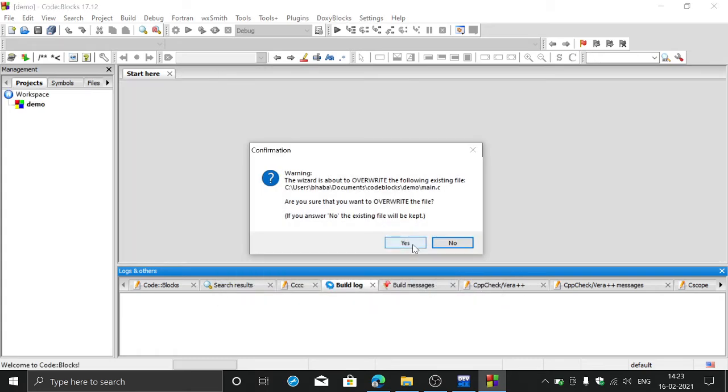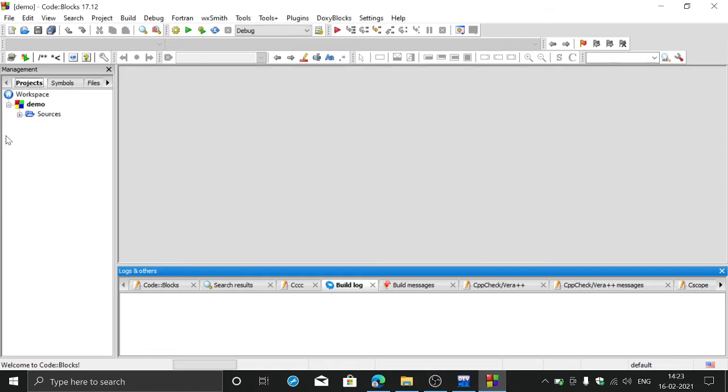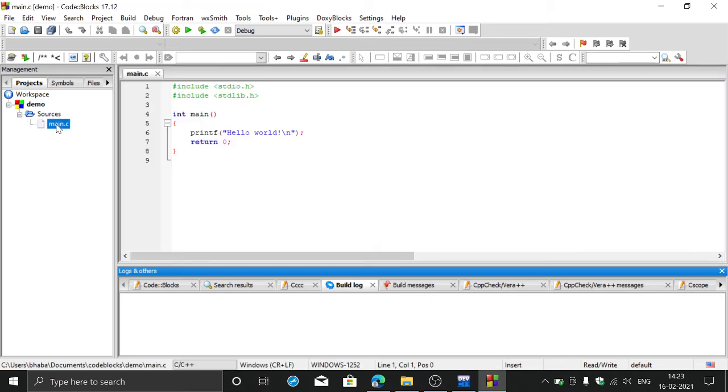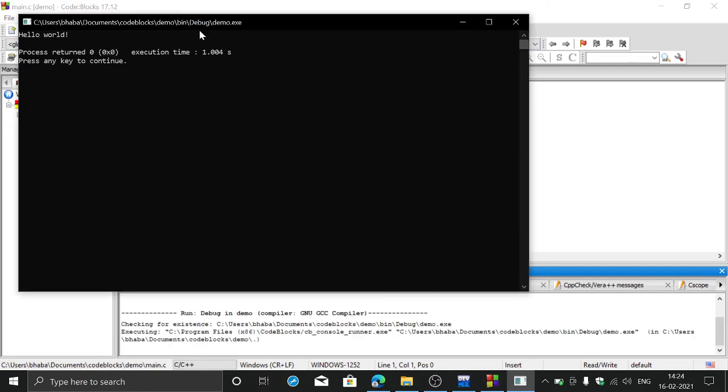Yes. Here you can see that it's given as demo. Under the Sources folder, you can see that there is a file called main.c. Once you double click on it, it is opened here. It's a demo program, and you can write it as per the needs of your program, and you can utilize the libraries that are compatible with GCC to write your source code. Now let me compile it. You can see that it finally compiled and the message is displayed on the console.